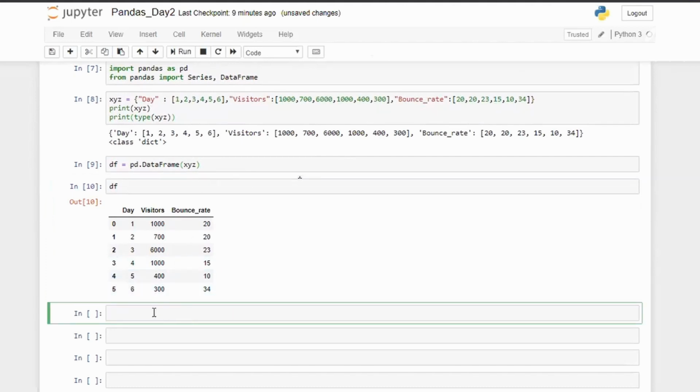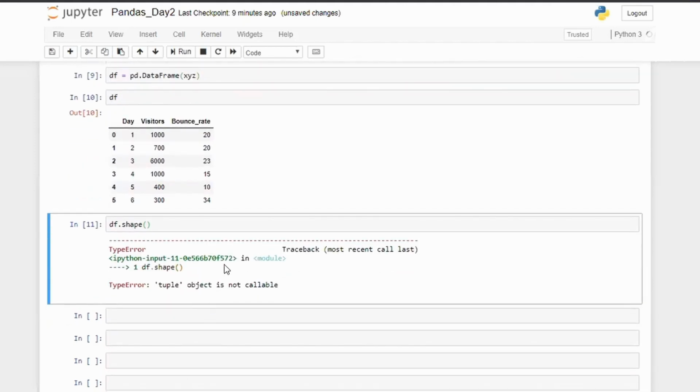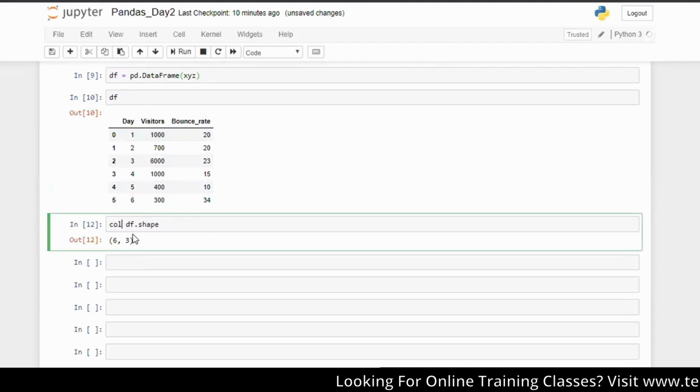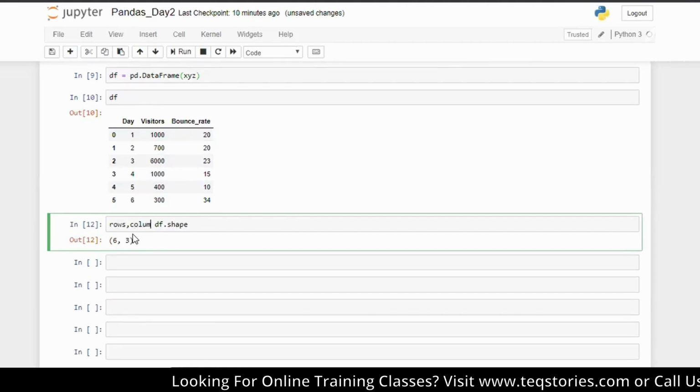Next thing we can do is check the shape. df.shape, the shape of this variable. If you run this, yeah, this is the output. df.shape gives you the number of rows and number of columns, row comma column.